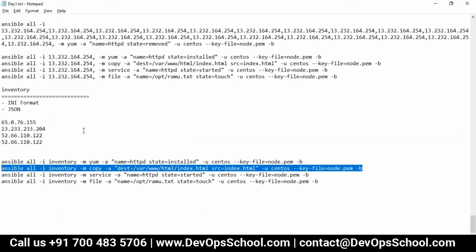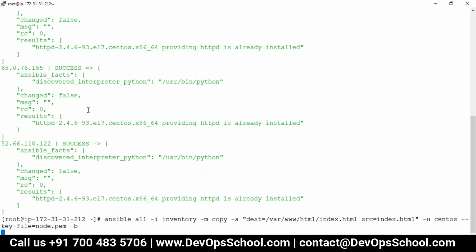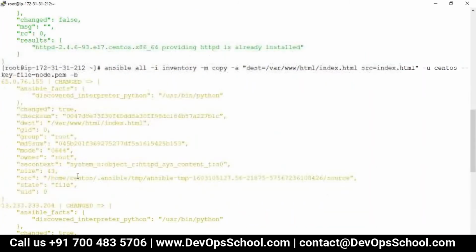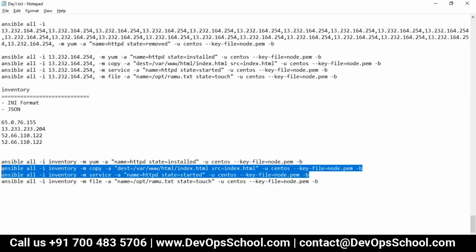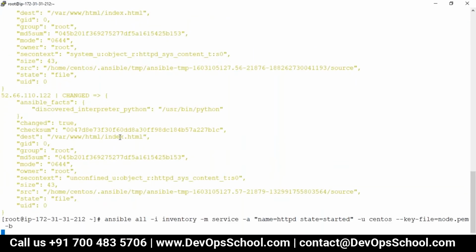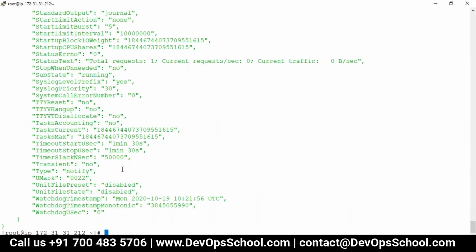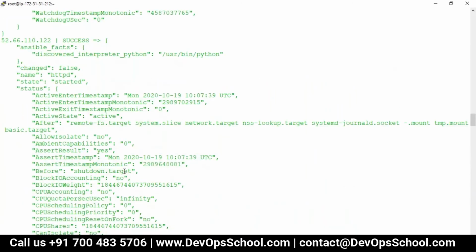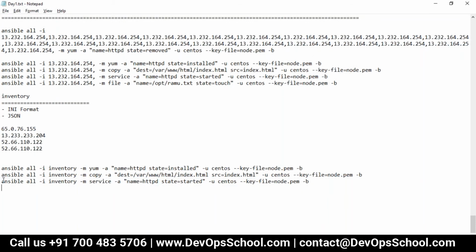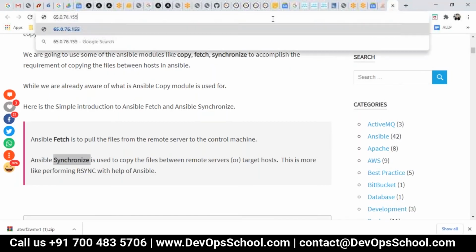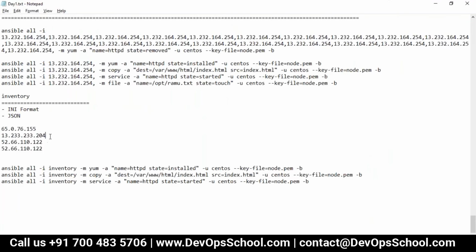Can I copy my file? Remember, you might have copied your file, but right now I'm copying my file, and I see changed, all machines got changed, by the way. That's wonderful. Now, can I start these services? I want to check that. By the way, all of these got started. This last one is not needed anymore, I just wanted to tell you for demo purposes. So guys, this is done. So easy. Now, can I validate whether the changes have been sent or not? So here, wonderful, deployment has been completed.